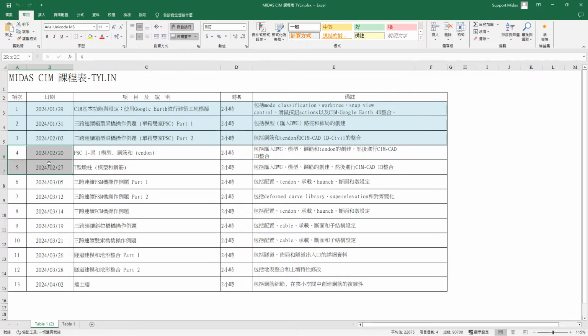And after that, after the holiday, we will be starting using rebar and tendon creation, and then after that, we will be creating the FSM Wizard and also manual creation of FSM, and then we will create the FCM bridge, free cantilever method, and then we will be creating the cable bridge and also the tunnel, and then the retaining wall.